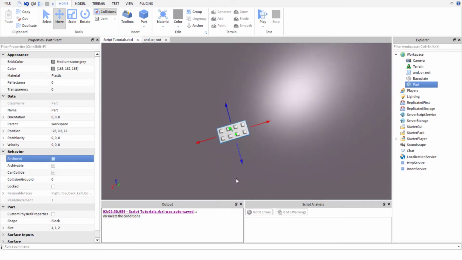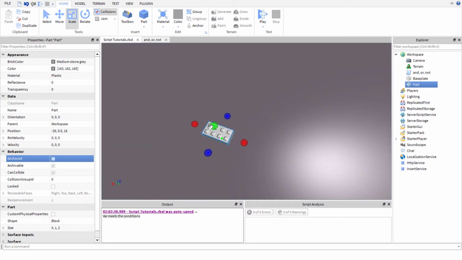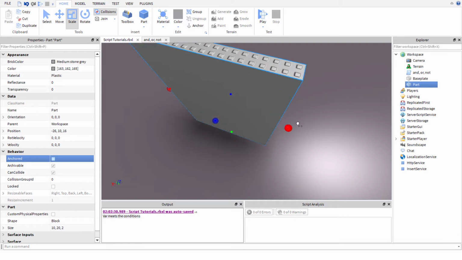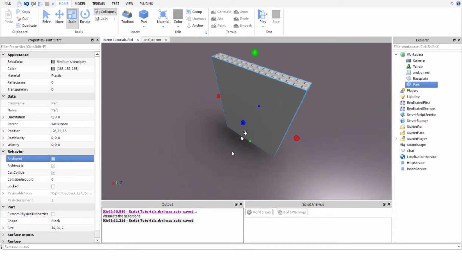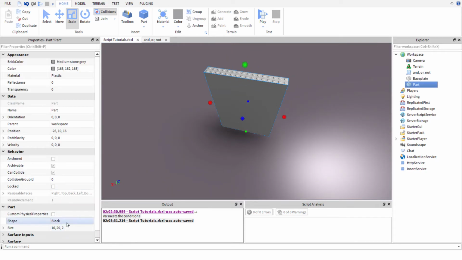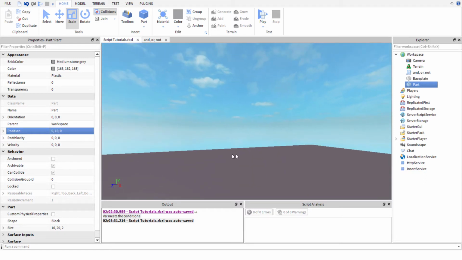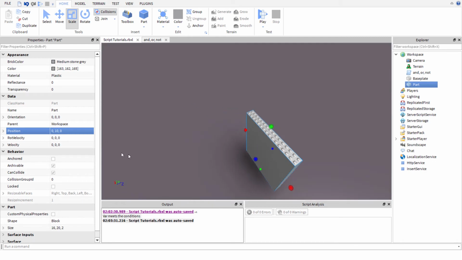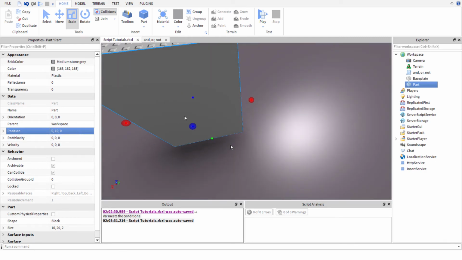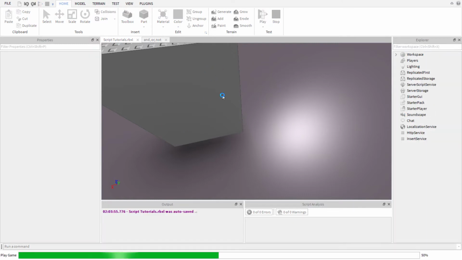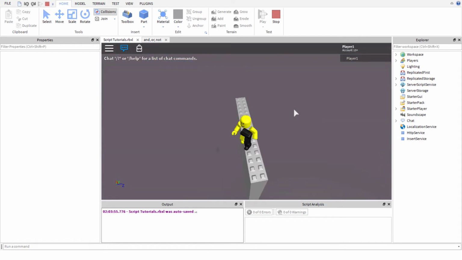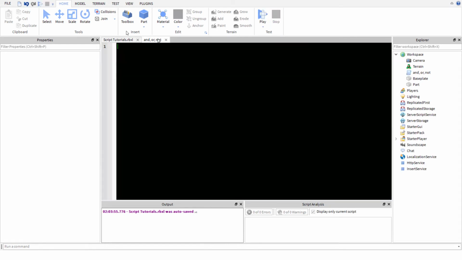So let's do something with can collide, for example. Let's increase this size like so, and I did this by holding control, this symmetrical thingy. Let's set the position to exactly 0 0 0, because the player usually spawns at 0 0 0. And if we do that, as you can see, I just stand on it, and if we did the script,